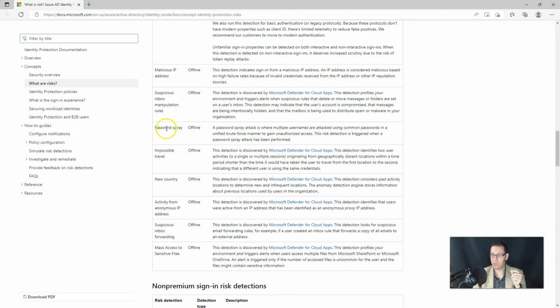We can do password sprays. We can start looking at these. Now, these are all offline. Okay. The impossible travel here is probably the most important one here, and it's really around the idea of,